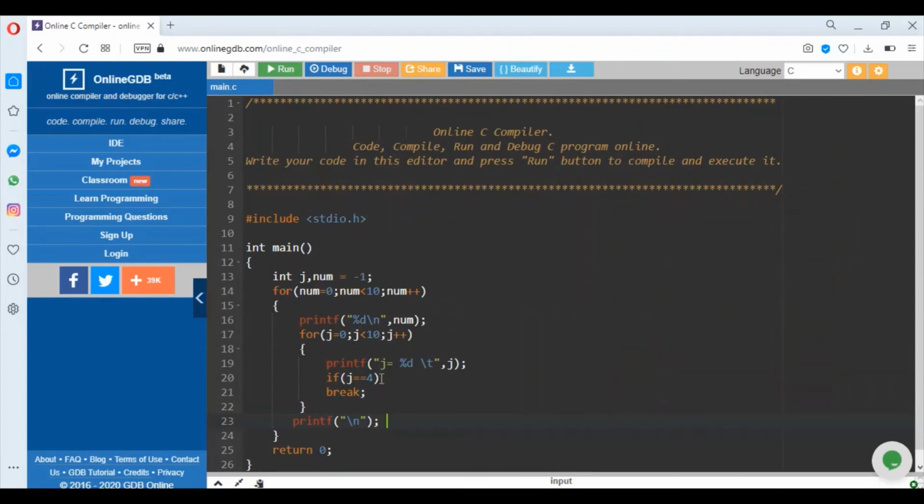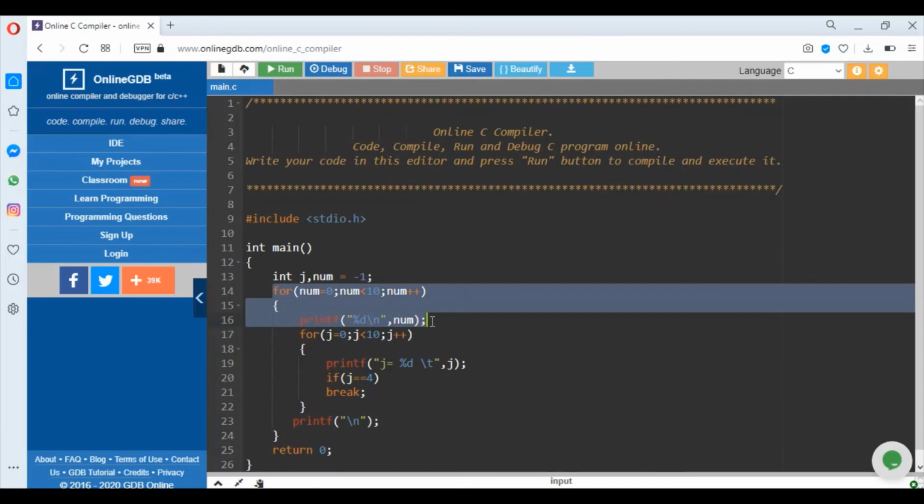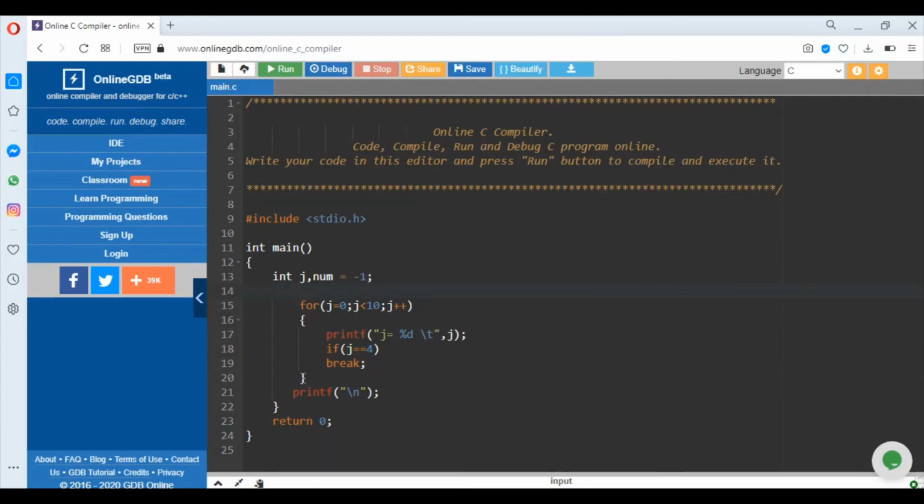Let's just remove this. Okay, now what this loop is doing, this is printing. Let's just uncomment this for the time being.